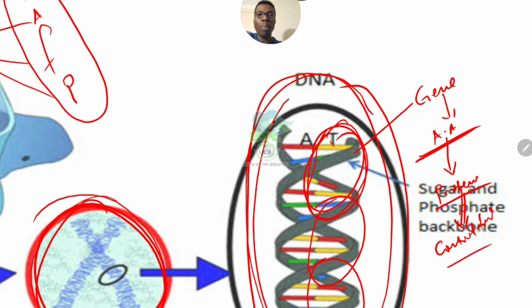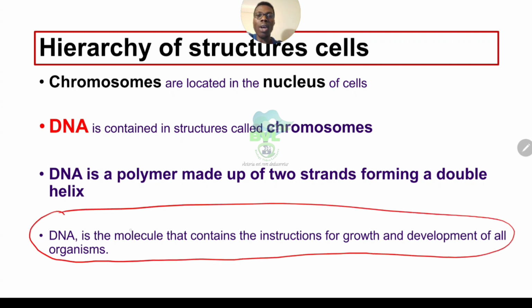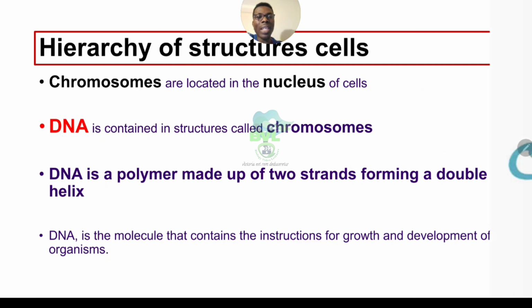This is very important. For the sake of exam, you should know these definitions. Seriously speaking, you should know each of these things. You can see here it says DNA is a molecule that contains instructions for growth. So when you hear the words instruction for growth, what that really means is it makes amino acids that form protein, and the protein controls character trait. This is very important. All right. Now, having established that,